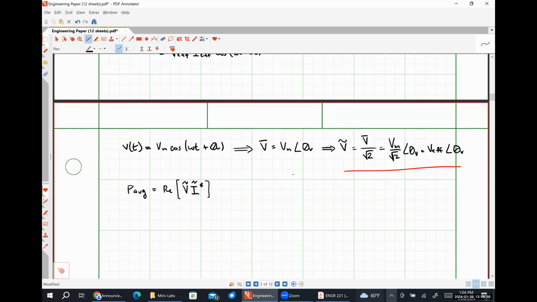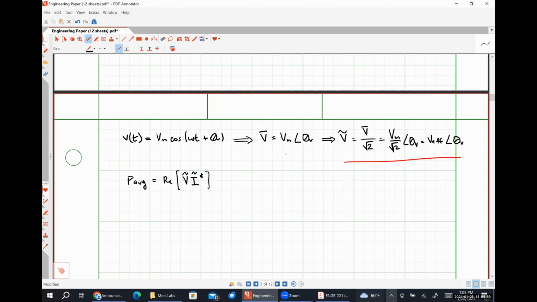So let's expand on this a little bit. If I have an RMS phasor voltage, whatever it happens to be, and I multiply that by the conjugate of the RMS phasor current as a polar form complex number, this is going to look like the magnitude of my RMS phasor voltage times the magnitude of my RMS phasor current, and it will have an angle of theta V minus theta I. And so this effectively looks like V effective, I effective with an angle of theta V minus theta I. And then the real part of that